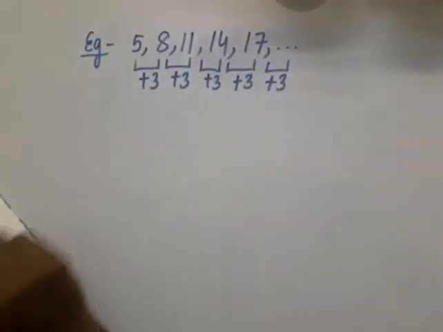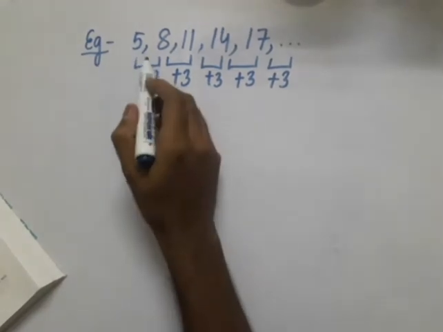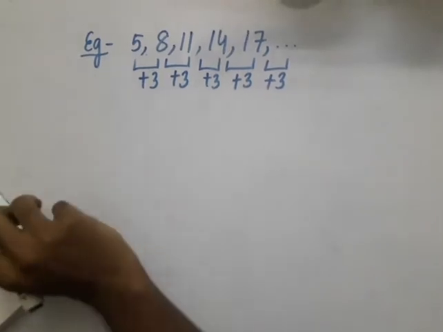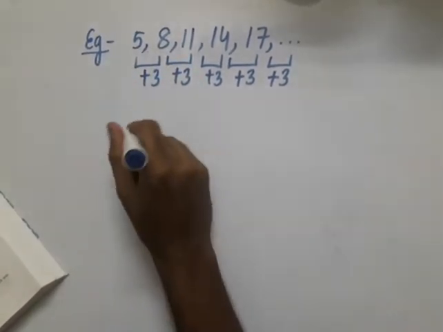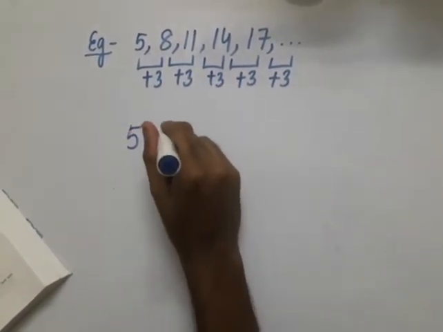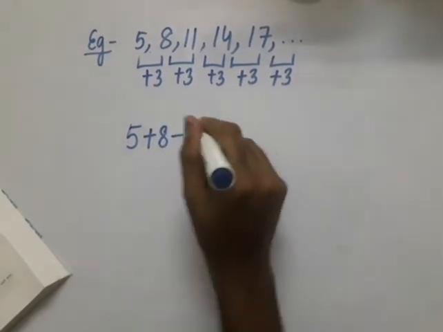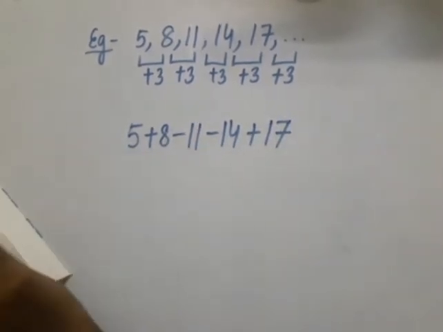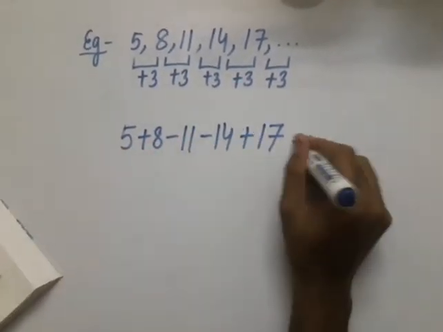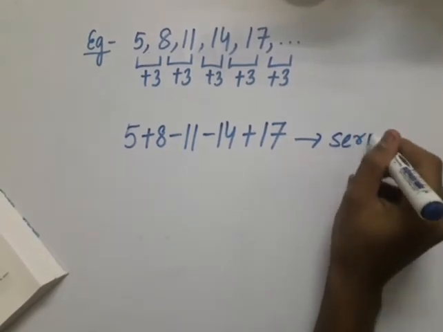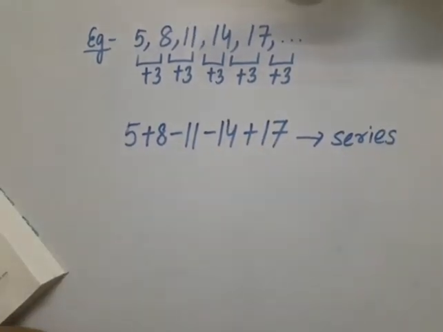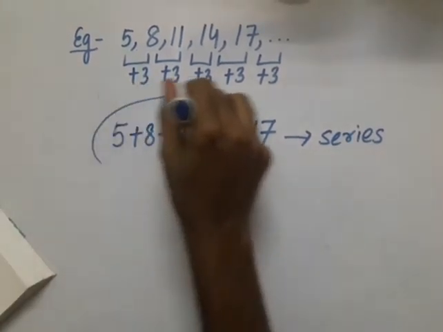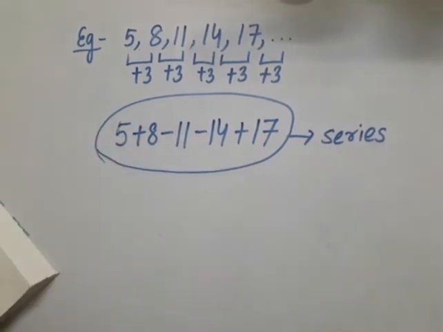Okay. Now these elements, you can see they are connected by a comma or a separator, you can say. But if I remove these separators and I insert plus and minus sign, okay, like this, in any order you can put plus or minus sign, then this will be called as a series. Okay, this will not be called a sequence anymore, it will be called as a series, because this particular sequence will now have a particular value.